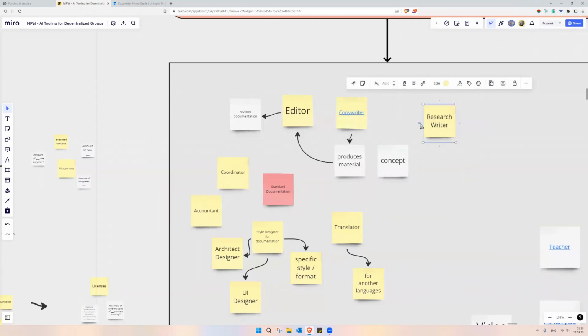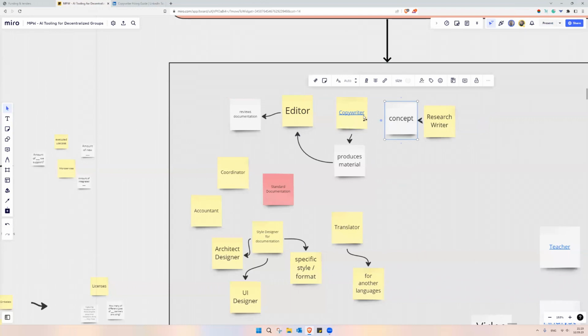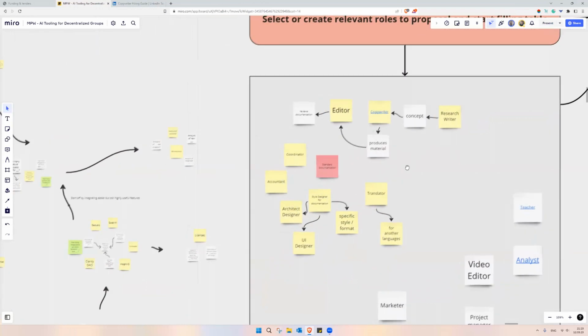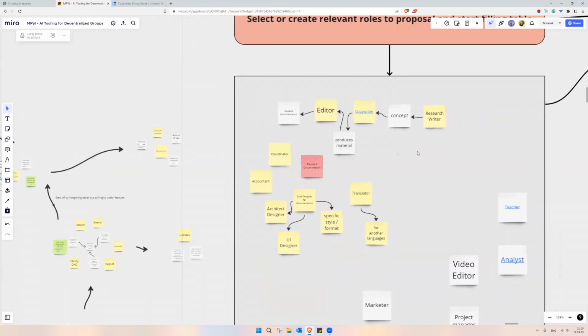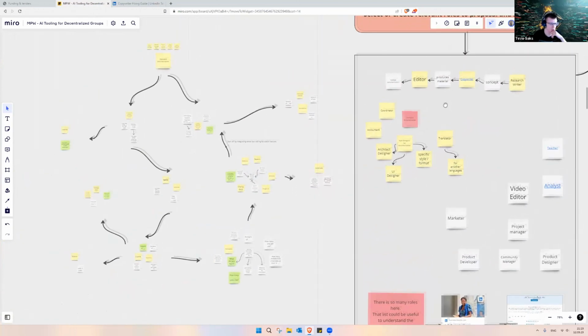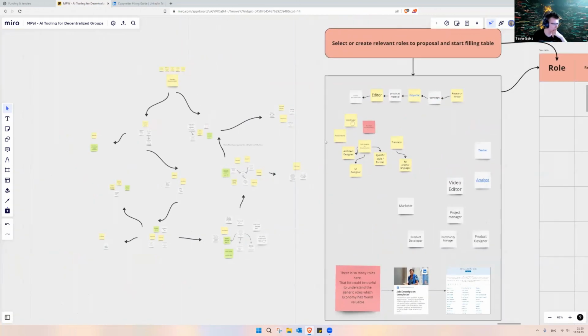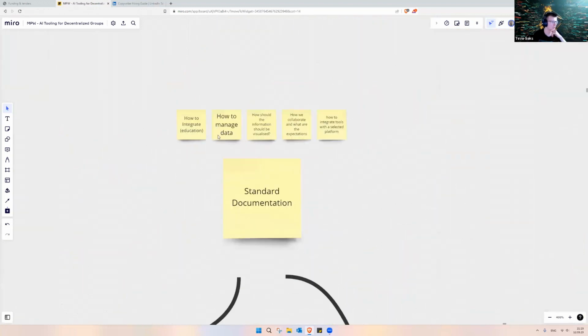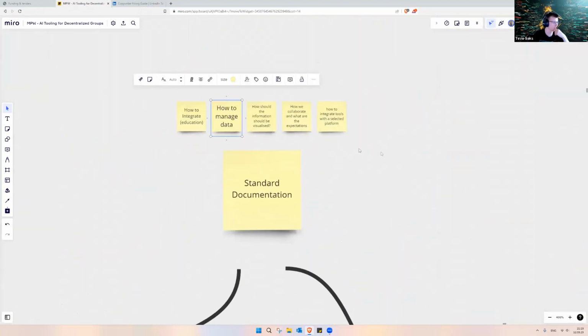I guess it also really depends on the size of the project, the amount of material that has to be created, the amount of research that needs to be done. Yeah, this can go quite crazy compared to the information we already slightly touched on, like how to integrate tools with Select.